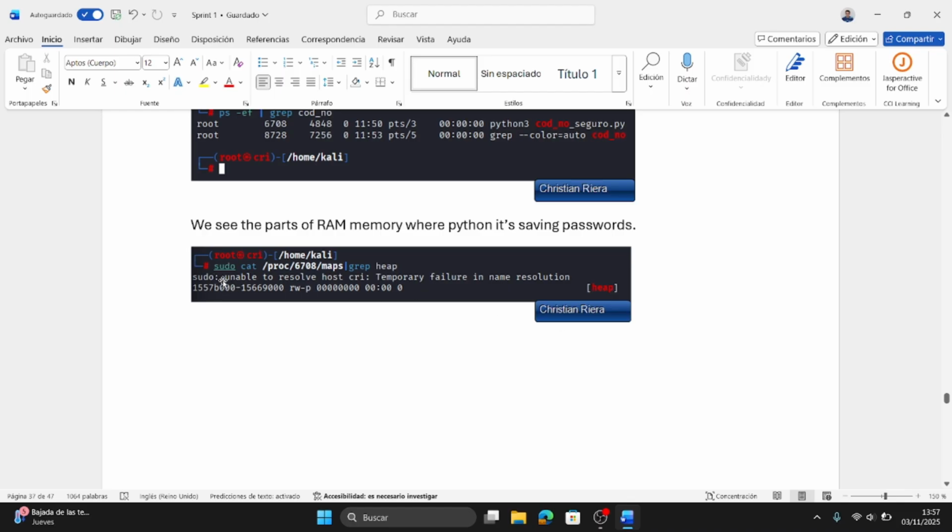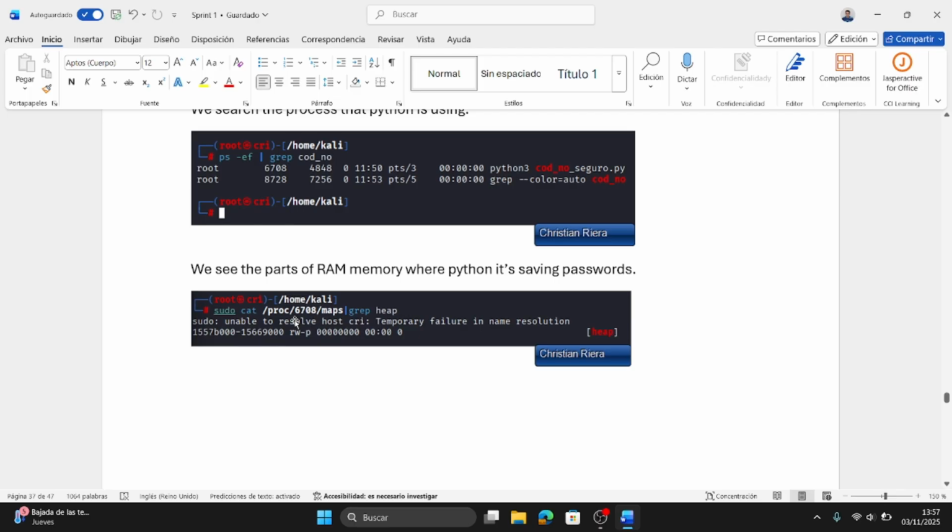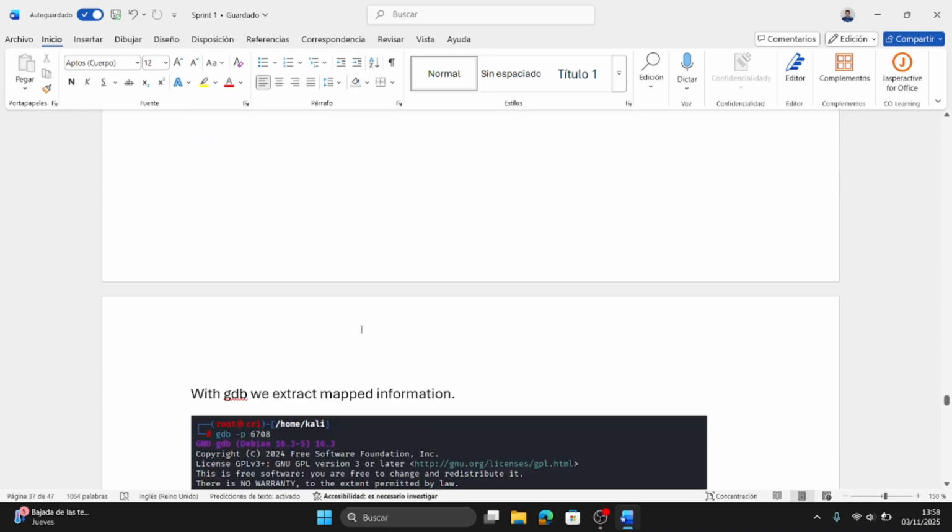Okay, we put sudo cat with this command, where we put one of the process numbers that we saw for the file, and we see these two numbers that are the parts of the RAM where the information of the file is being saved.